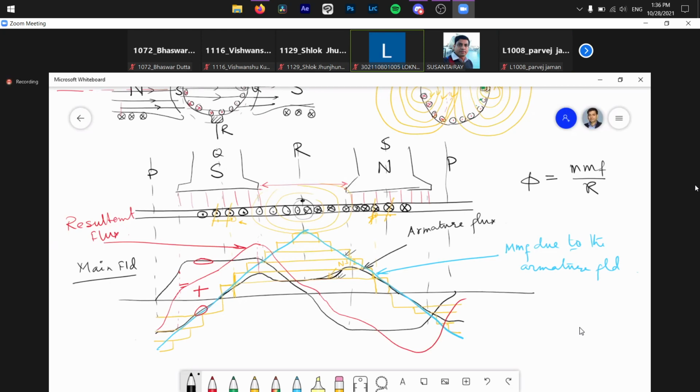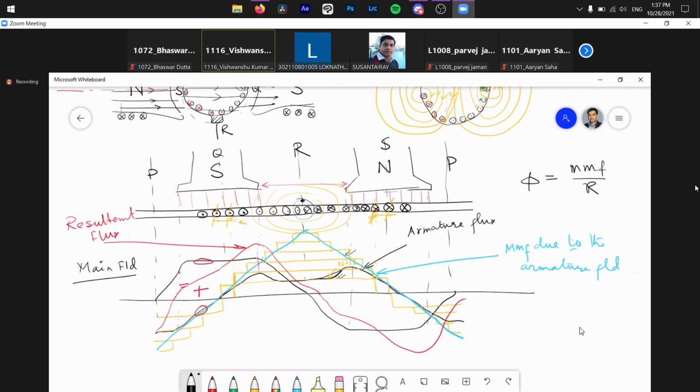Okay, if it is JB Gupta, I cannot say, because I don't suggest that book, and that is also not there in our syllabus. We generally recommend PS Bhimra and other books. For textbooks, you can consult PS Bhimra. In PS Bhimra, that proof is there: by drawing different magnetic circuits, how it becomes Ni by 2.